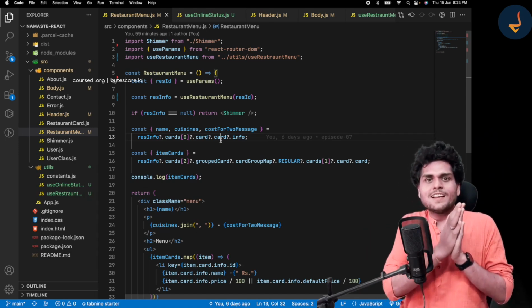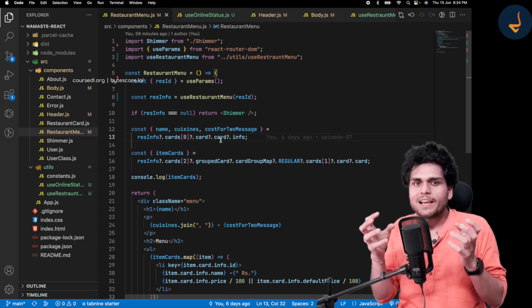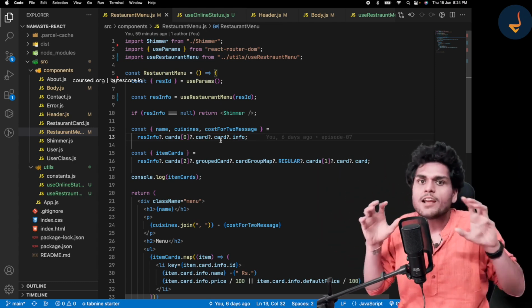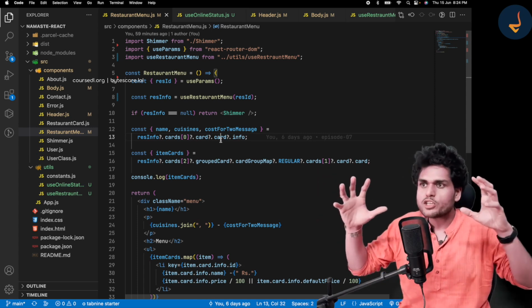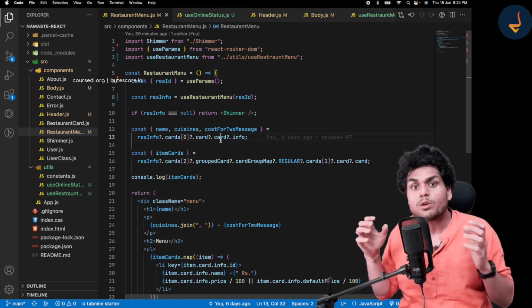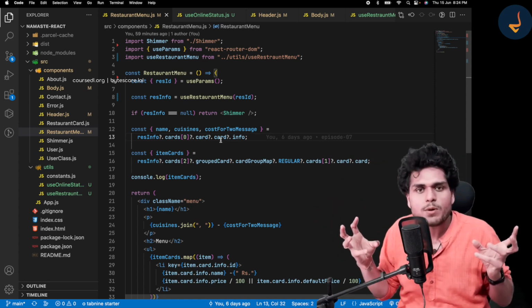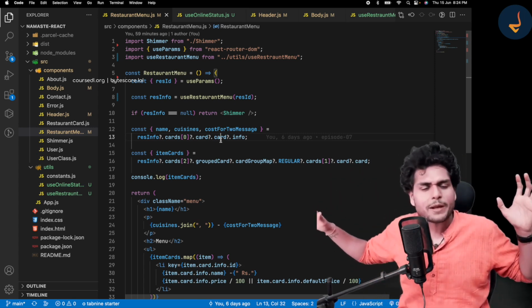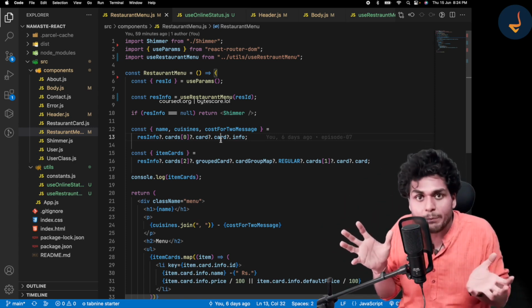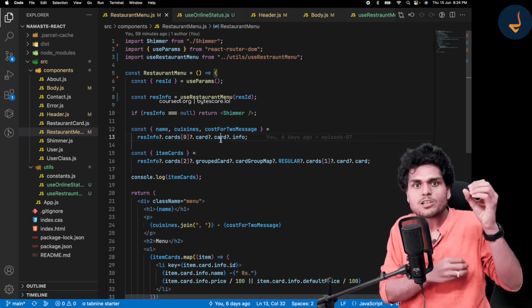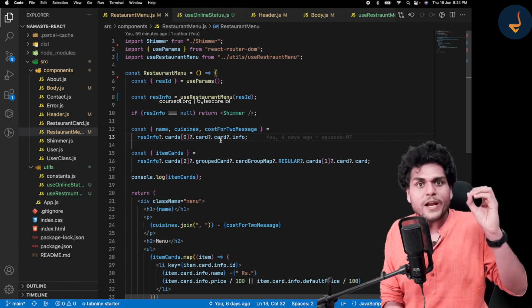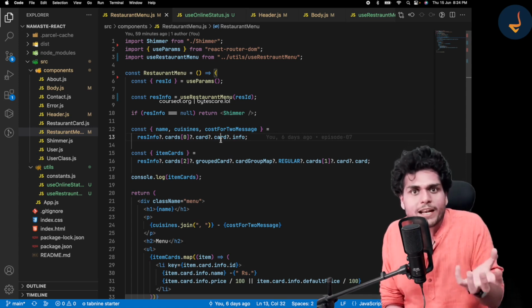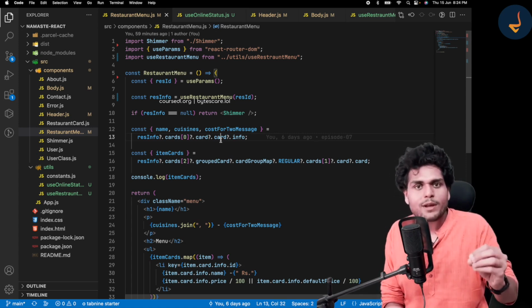Welcome back, my friends. Now I will show you how you can optimize your app even more. Whenever we develop large scale big applications which have thousands of components, real world projects have thousands of components, nested on so many levels, the performance of those applications is not good. So when you are building a large scale application and you want the performance to be good, how do you make it performant? That's what we are going to study now.